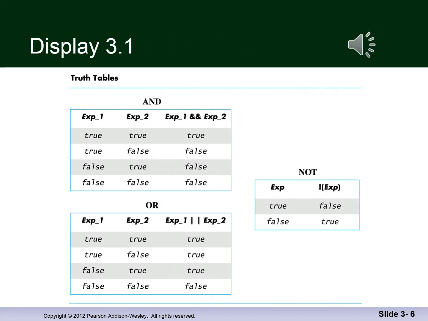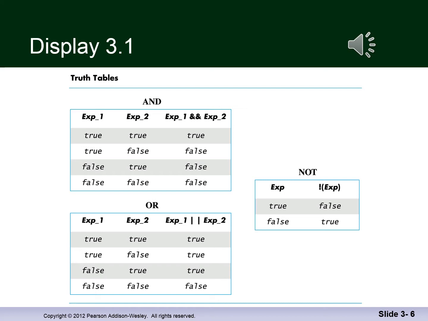As promised, here's the truth tables, display 3.1. So when you string 2 Boolean expressions together with an and, let's follow the truth table. If the first expression is true and the second expression is true, expression 1 and expression 2 evaluate out to true. Using and, that's the only combination that will evaluate expression 1 and expression 2 to true, because expression 1 and expression 2 have to be true. If either one is false in any order, or both are false, the entire